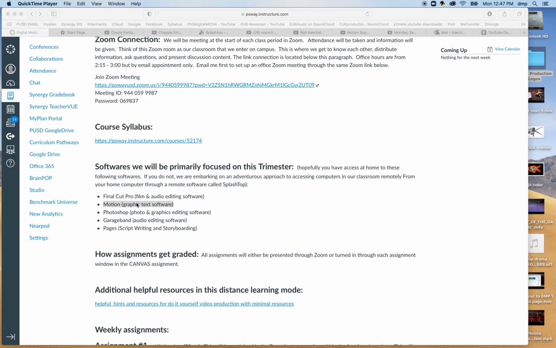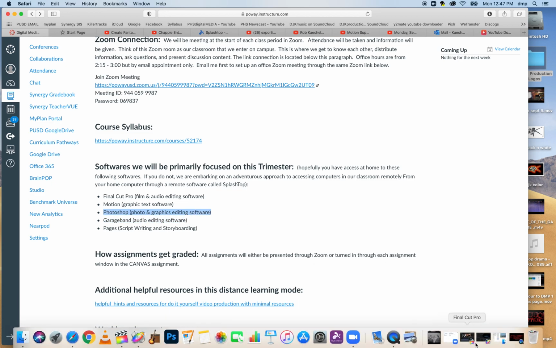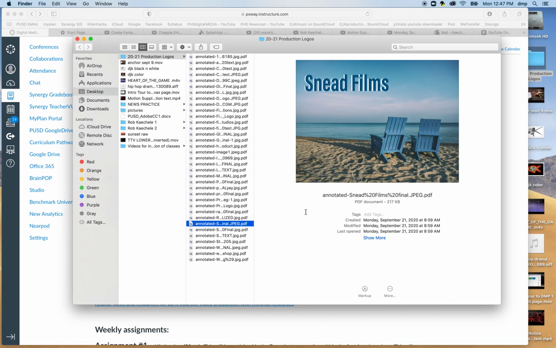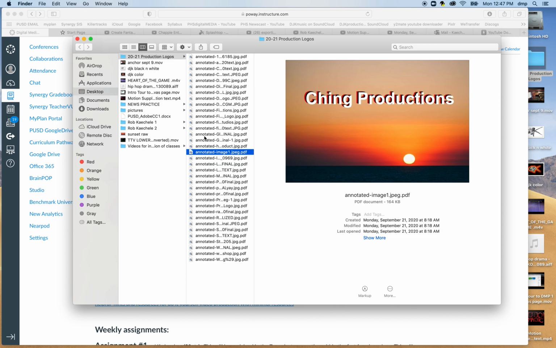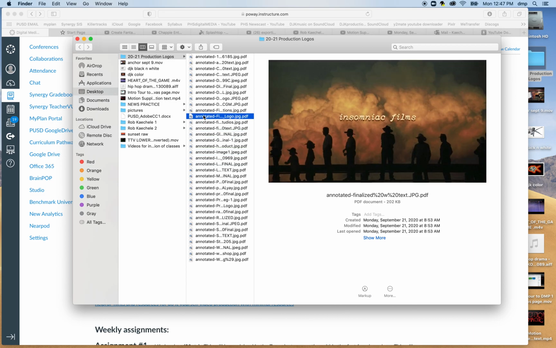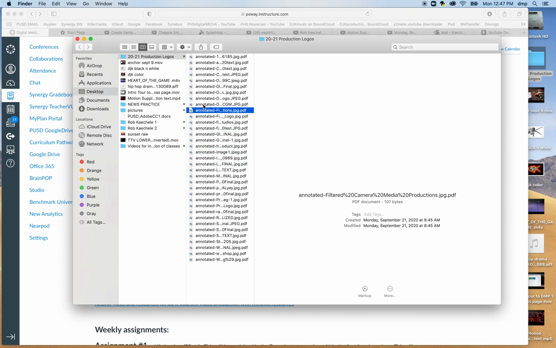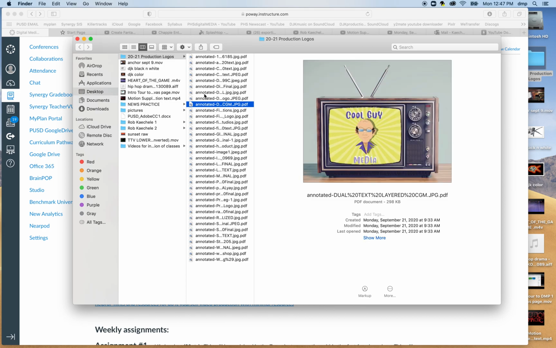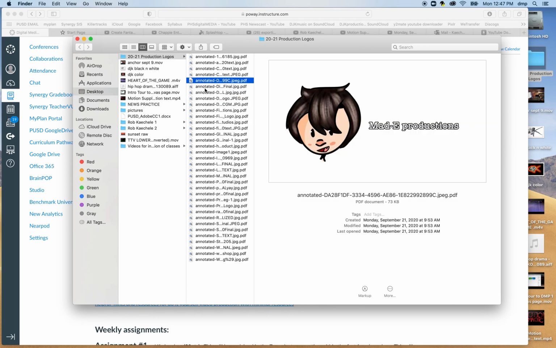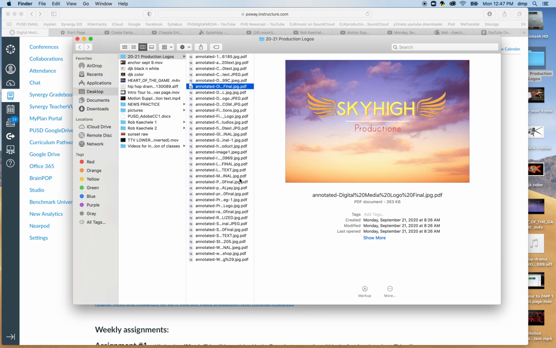And what else we'll be working with? We'll be working with Photoshop because they'll make graphic production logos out of things in Photoshop. So here are some examples of some Photoshopped production logos with graphic text. That one's pretty cool. Lots of different